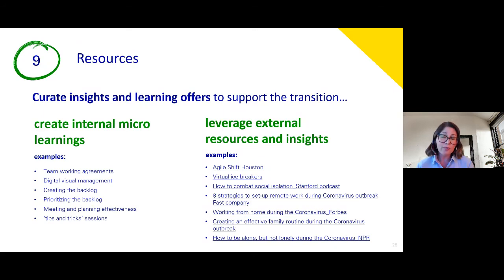information, not just around Agile practices and working remotely, but also how to help teams manage through this very difficult and challenging time of a global pandemic, whether that's helping support adjusting as a family to now being home all the time, whether that's insights around managing stress and well-being. There's lots of external resources and insights. And with MVP, we're really trying to leverage both, whether that's creating our internal offers, but then also marrying it up with where there's lots of external resources and insights. So make use of the resources is number 9. If we move on to number 10,